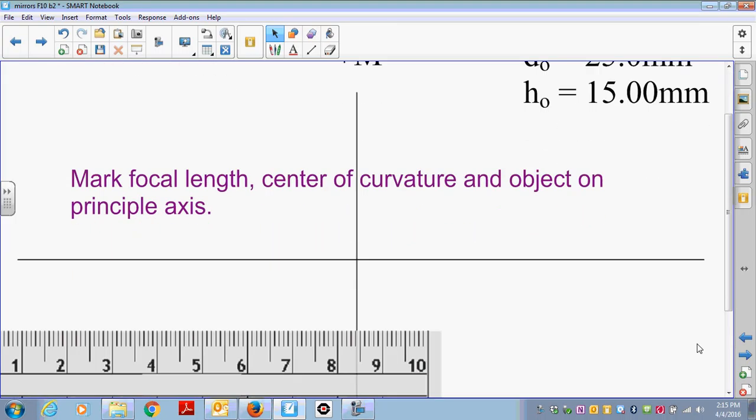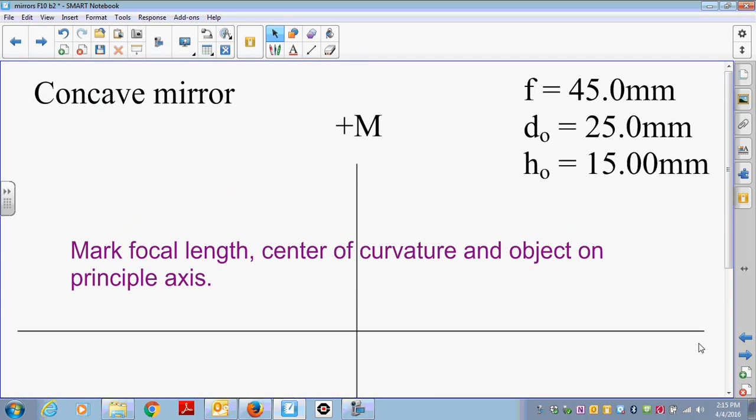Okay, so here what we're going to do is actually solve a problem for a concave mirror. The focal length is 45 millimeters, the object is placed 25 millimeters away, and the height of the object is 15 millimeters. First thing I want you to notice is that I've already drawn my principal axis, and I've also